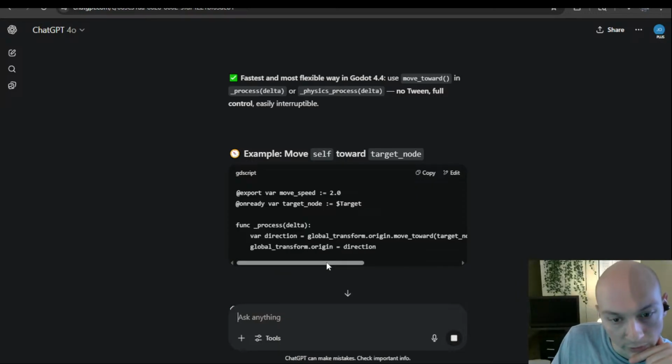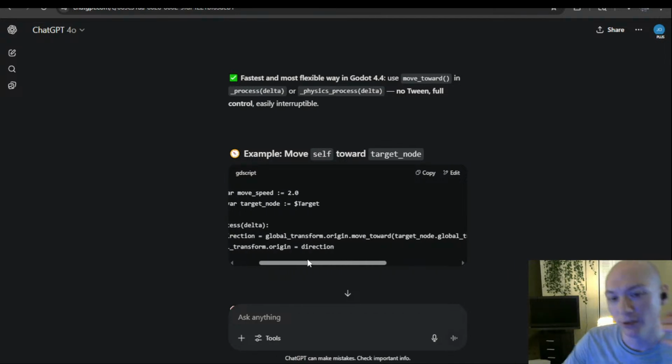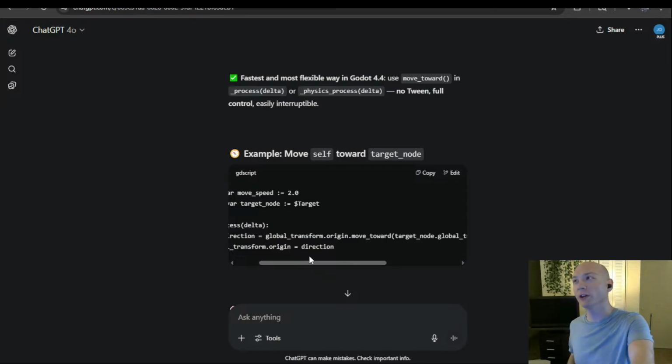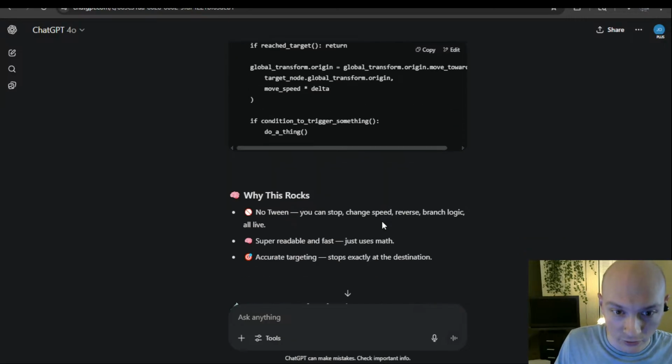That's what I was thinking. I didn't know the exact formula for it. I always forget it, but I think you take where you're trying to go in global transform, and you take where you are and you subtract them, and that gives you the vector that moves you forward. If I remember right. Yeah, so